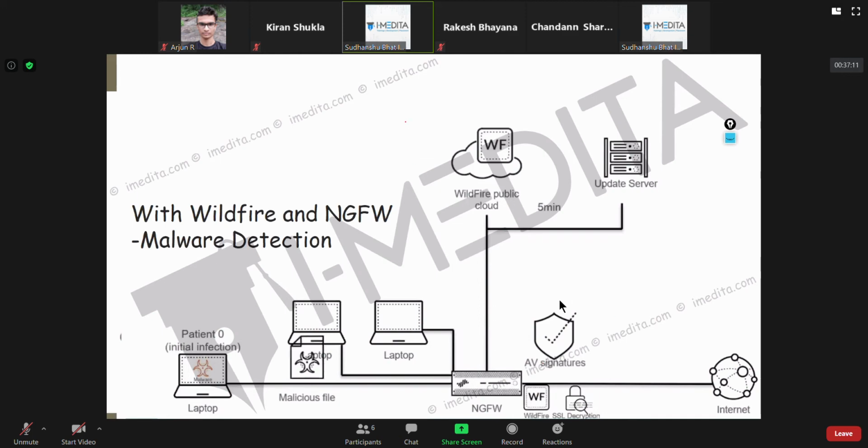Let's take an example. Suppose I'm a very good attacker, and I have coded this docx file so that once it downloads, its code should not be triggered immediately, because then maybe the user notices that they downloaded this and something bad happened. So I want its code to be triggered after maybe 30 minutes or so.